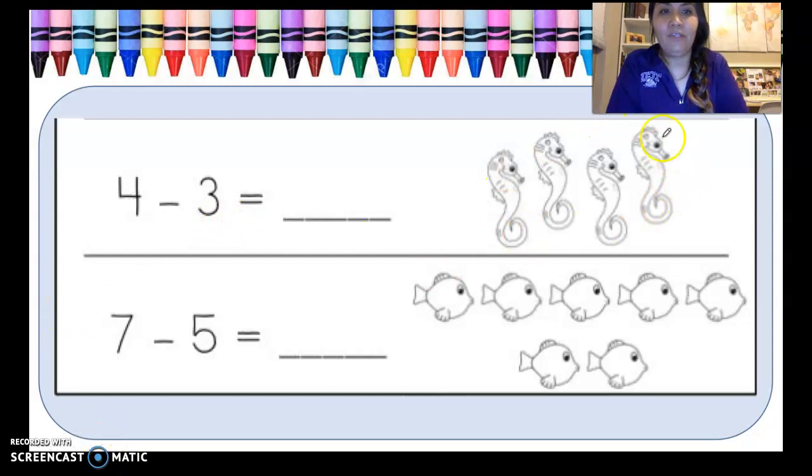There are 4 seahorses. 4. There are 4 seahorses and 3 swim away. Let's X them out. 1, 2, 3. How many are left? How many are left? 1. Very good. Let's read our subtraction sentence. 4 minus 3 equals 1. Very good. Now let's do our very last